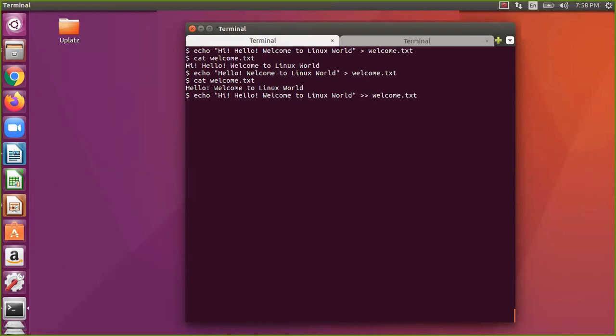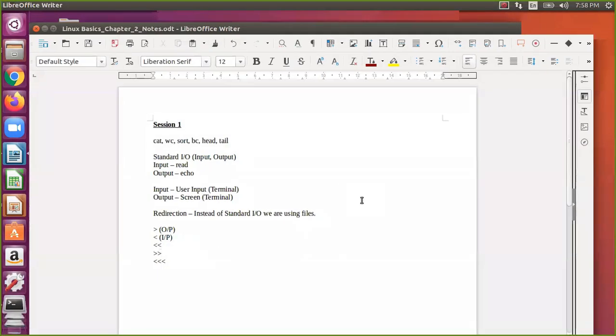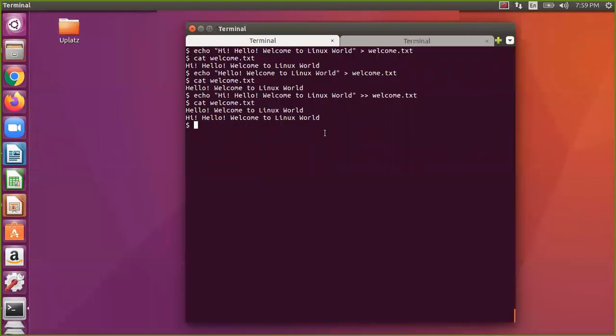Now you can see it has appended. So double greater than means append output to an existing file. If the file is not there, it will create a new file.